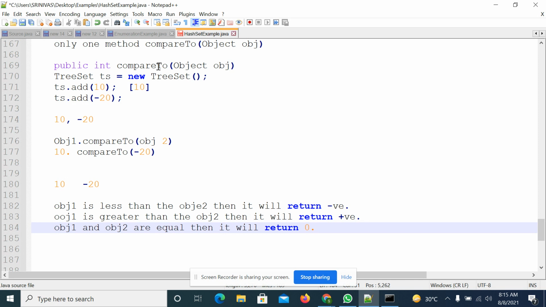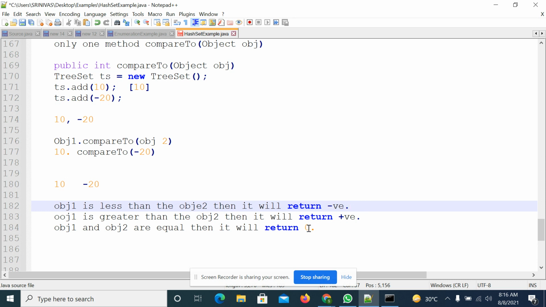So the compareTo method is there. Who will call the compareTo method? Whenever you are adding elements, at the back end the JVM will call the compareTo method of the Comparable interface. The method will perform these three operations: it will verify whether it is less than, greater than or equal. If it is less than, it will return a negative number. If it is greater than, a positive number.